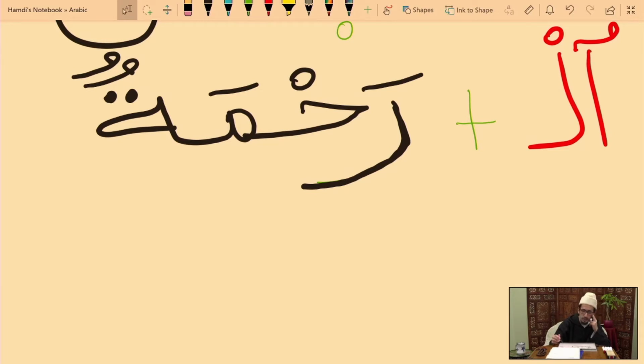Al is the, rahmatun, in English that's mercy, or depending, in the Quran, the word rahmah could take many meanings. It could mean mercy, it could mean closeness, it could mean unconditional divine love. You can just call it divine love. So al plus rahmatun,